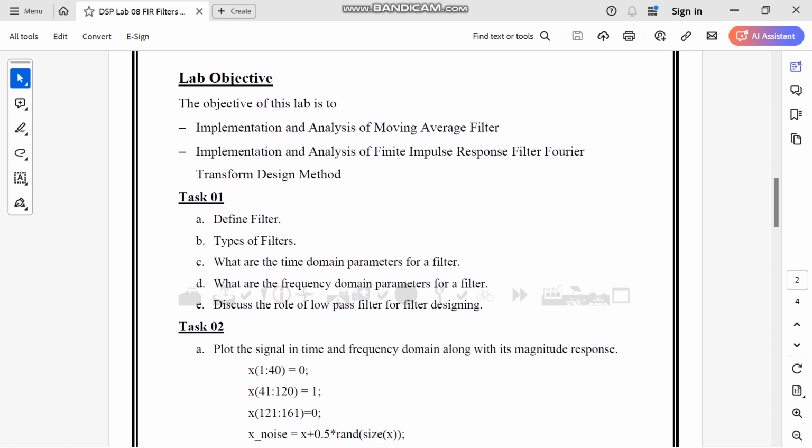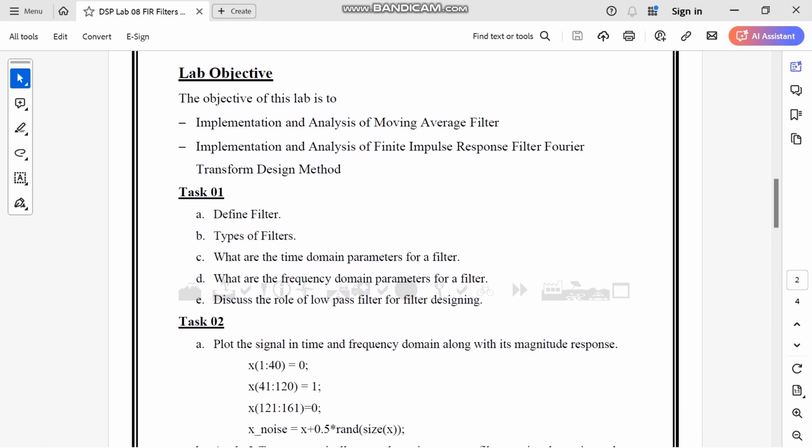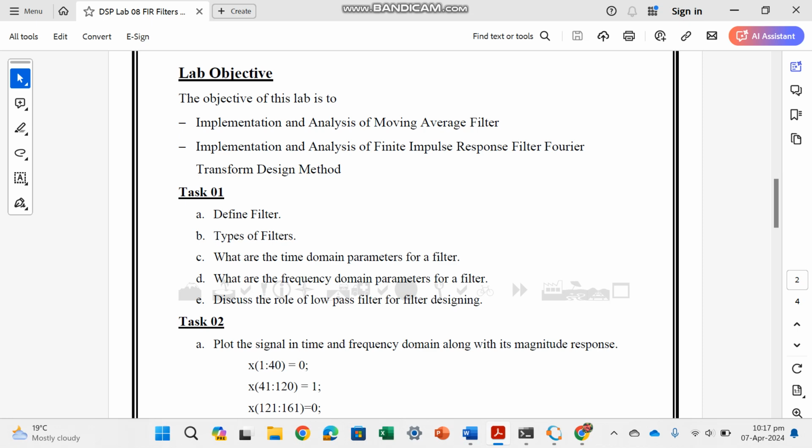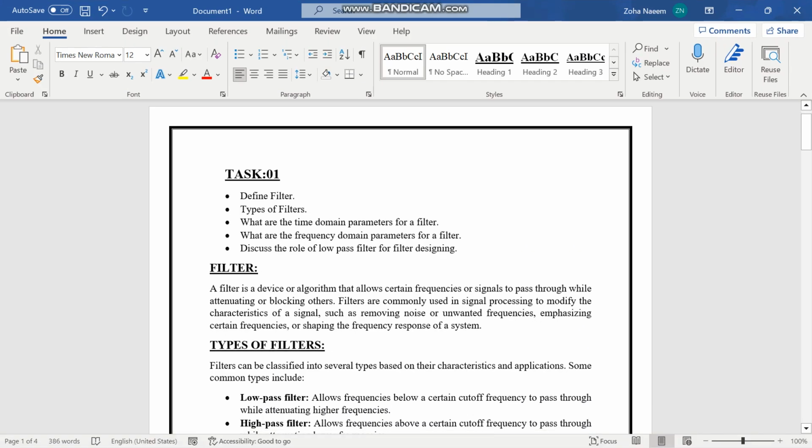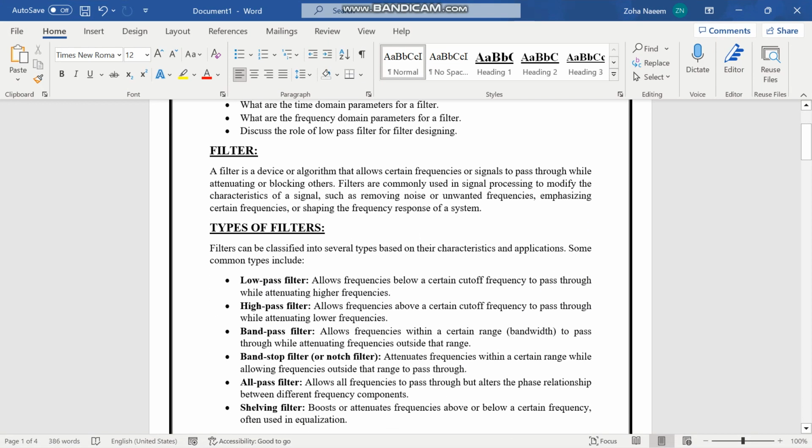In task 1, it is a theoretical task. We are required to define a filter, define types of filters, what are the time domain and frequency domain parameters of a filter, and we have to discuss the role of a low pass filter for the filter designing. So for this, filter. A filter is a device or algorithm that allows certain frequencies or signals to pass through while attenuating